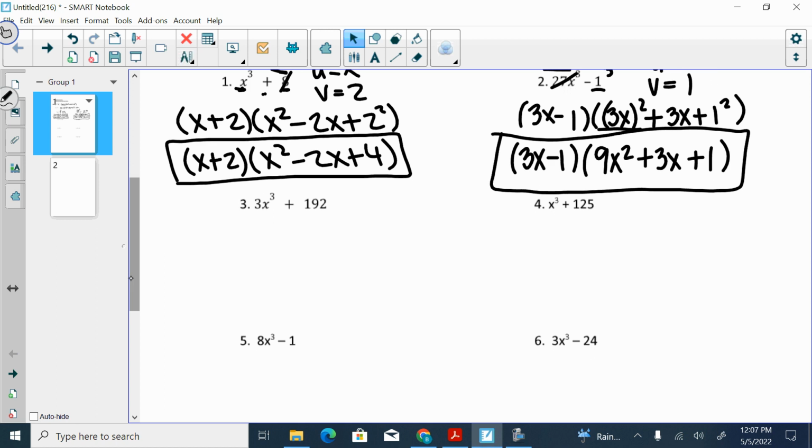Let's look at our next example, number 3. Okay, the x is being cubed, but is the 3 being cubed? No. But is there anything that multiplies times itself 3 times to give me 3? No. So I'm not going to be able to rewrite it. So what we're going to do is look for, what do we always look for first when factoring? A GCF. Okay? So we know 3 will go into itself. Will 3 go into 192? Yes. How many times? 64. Okay, so I'm going to take out 3 as a GCF, which would leave us with x cubed plus,